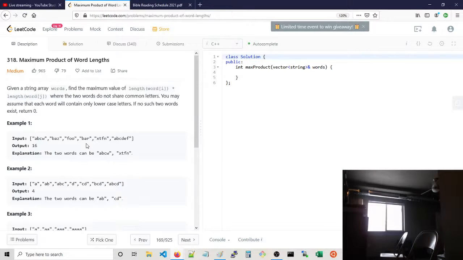Whatever the nodes are maintained in that segment tree, you're going to AND all of the words' bit sets,